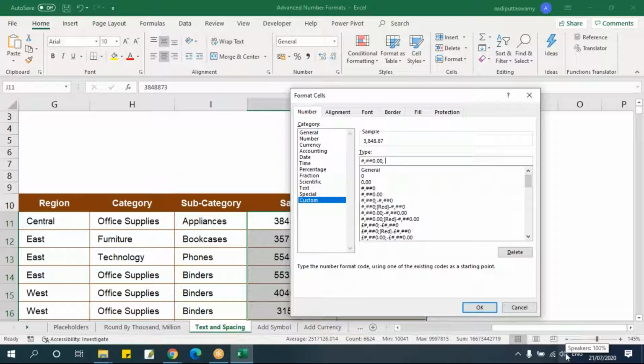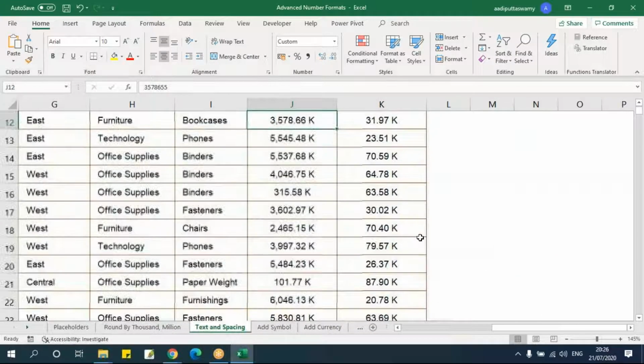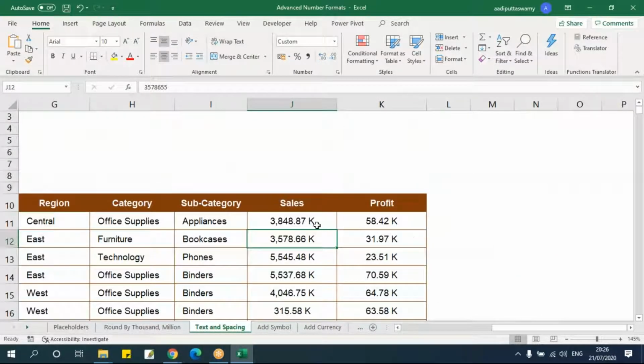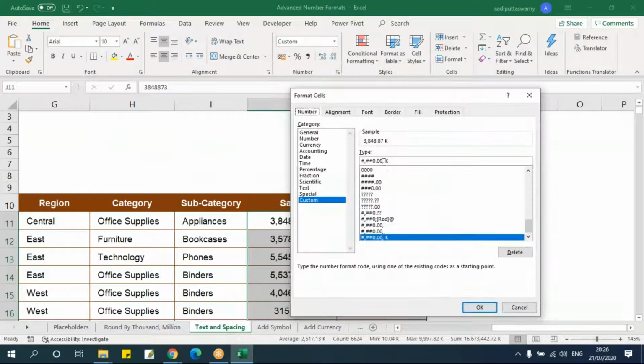Now I want, instead of mentioning in the heading as thousands, millions, so what I'll do, I'll go here, I'll say slash and say k. This is called spacing. Just say okay. See, this will become converted into 1000, but that doesn't mean that the number is changed. The number will be same, but only the format will be changed. Fine. Let me select this. I want this in million. Now I'll put one more comma here, but the character here should be slash m. Without slash also we can do, that is not a problem.